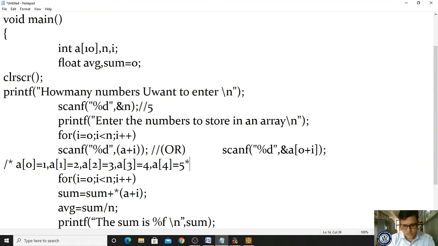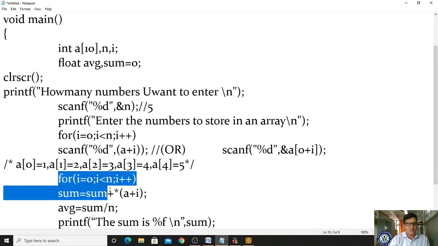Okay, so likewise we have read and stored. Now what we have to do is the summation of 1 plus 2 plus 3 plus 4 plus 5. So for that we are writing this for loop.